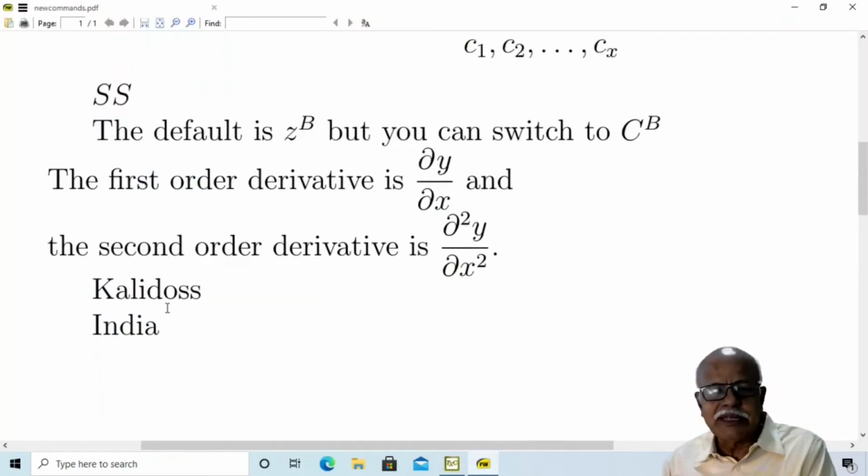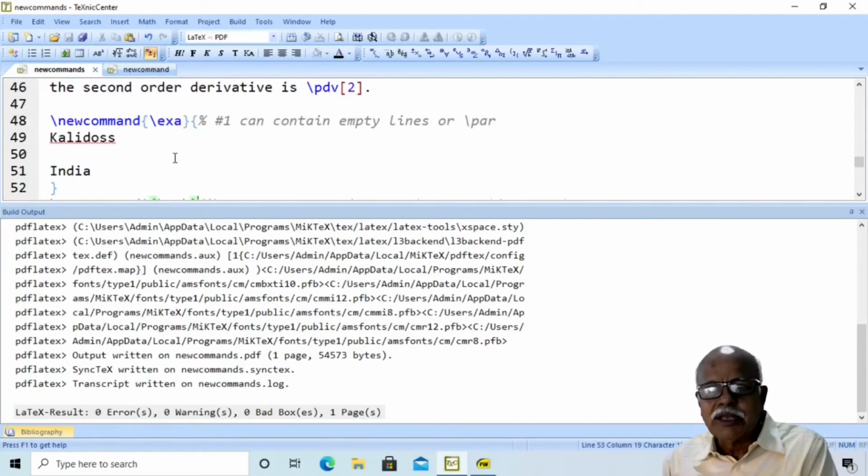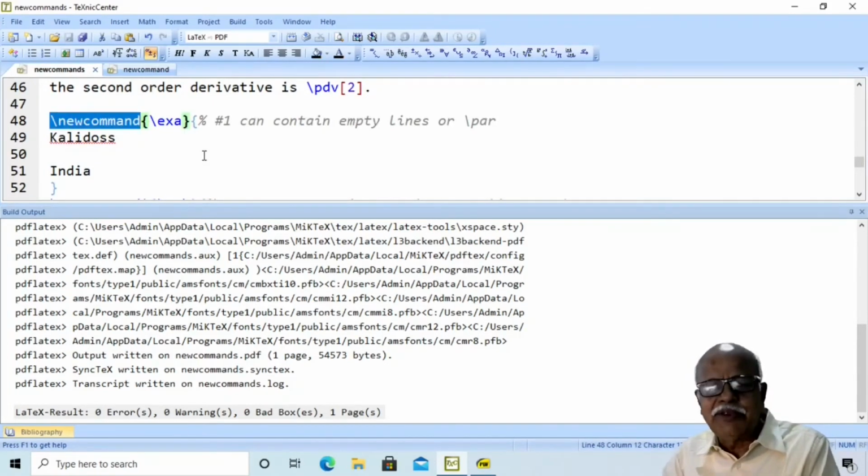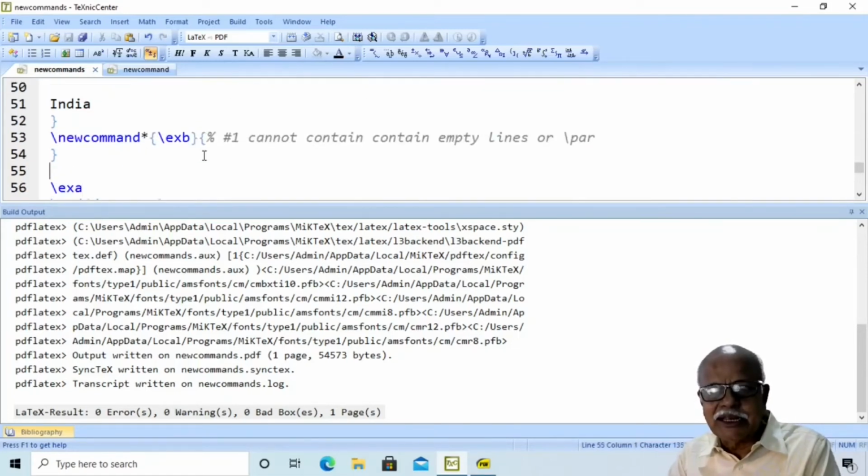You can have it like this. Therefore, many people straight away use \newcommand. They don't distinguish between \newcommand and \newcommand*. \newcommand accepts even empty lines. However, \newcommand* does not accept empty lines.